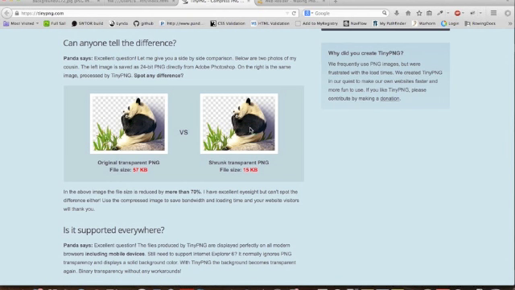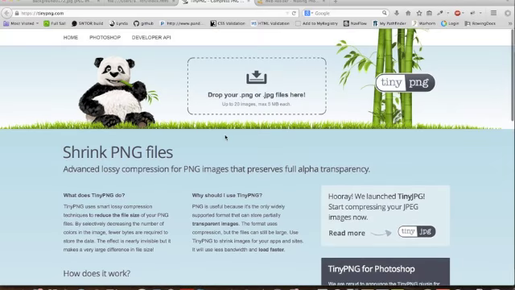It's not the same, and if I really were to zoom in, download these images and zoom in, this one's going to look a lot more pixelated and a lot chunkier. But from back here and displaying it on the page, I really can't tell a difference. But I am saving a significant amount by using this application to shrink this down. And this is a free application that you can come in and you can upload a PNG or JPEG file